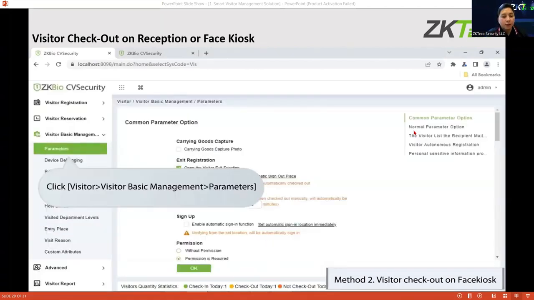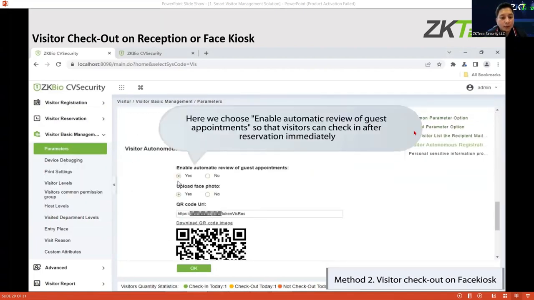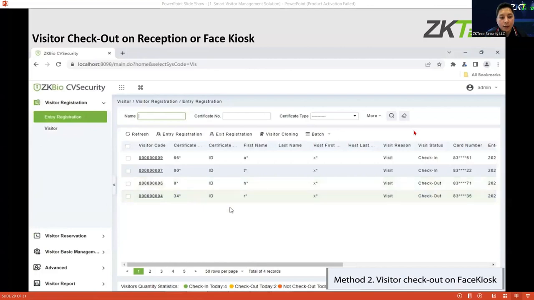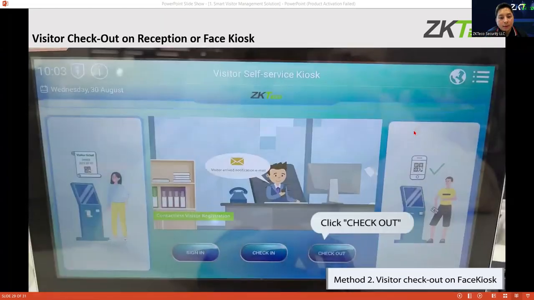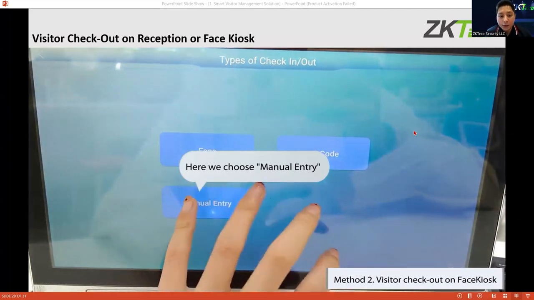Now it is showing on the parameters. You need to make sure that it enables automatic. So you go again to entry registration and then click checkout on the face kiosk.